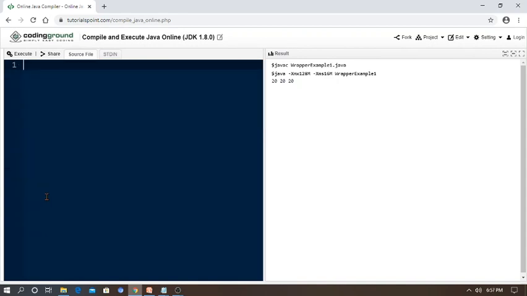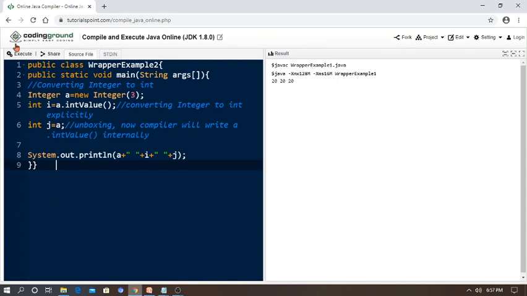So as a fresher, you can try many ways. You can extend with other wrapper classes if you want. Try yourself also, take any data. Yeah, successfully executed. So at last it prints the unboxing wrapper class value: the value of a is 3, the Integer value, and after converting and passing the value, i value is 3 and j also 3. So like that you can work with the wrapper classes.